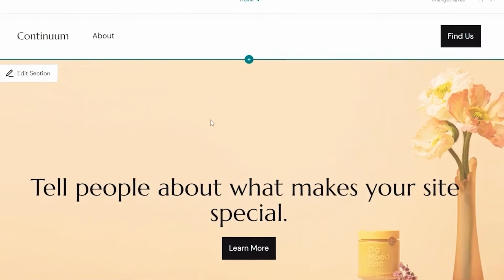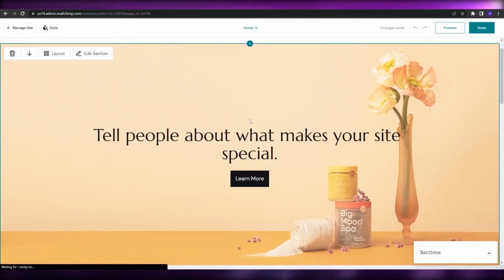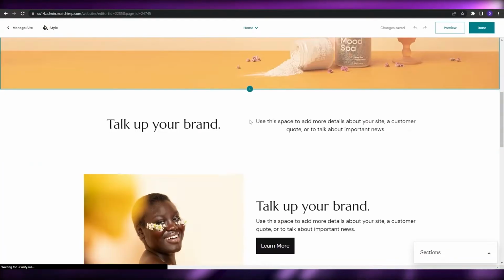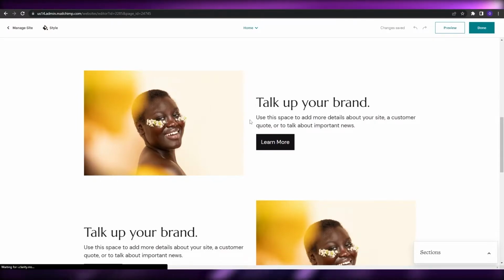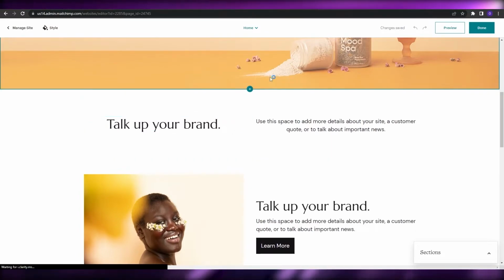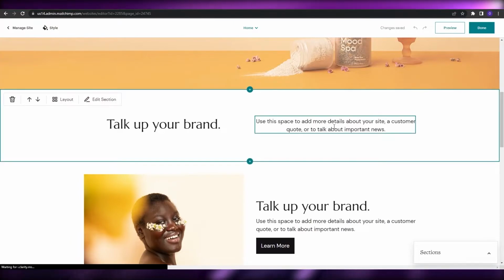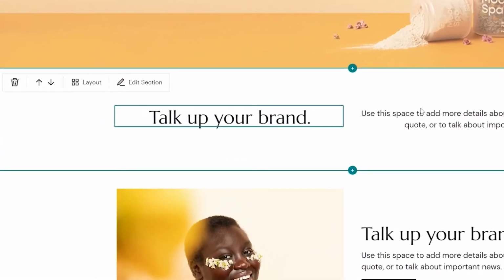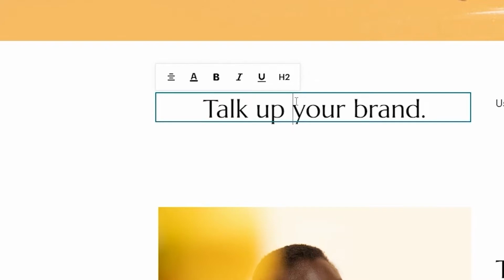Now over here, this is the website. As you can see, this is a pretty simple website. It's a pretty simple builder as well. Nothing too complicated. Whenever I hover my mouse over a section, that section gets highlighted and allows me to edit it as well. So for example, if I wanted to edit this section, or change some of this branding, change some of this text, all I have to do is select the entire text,